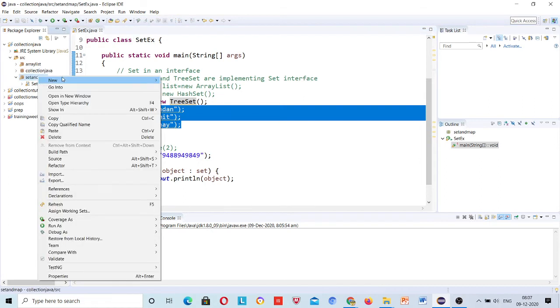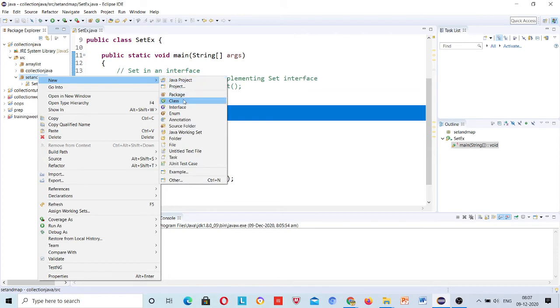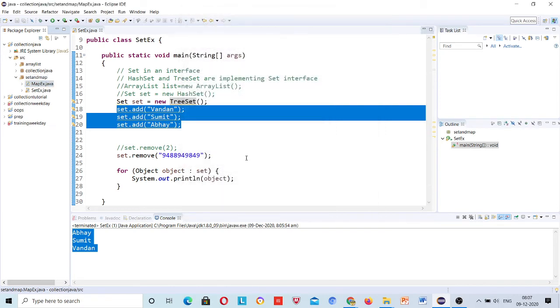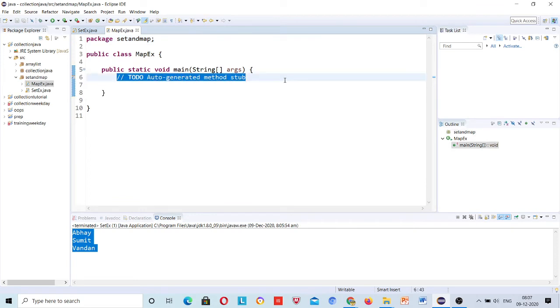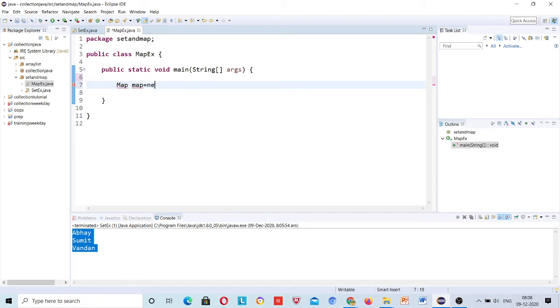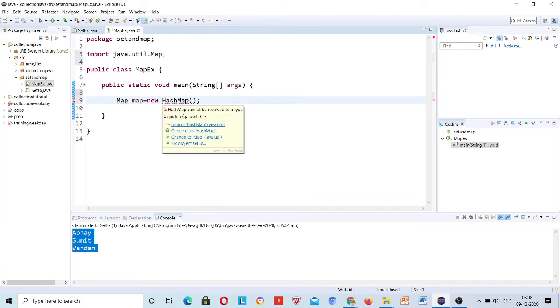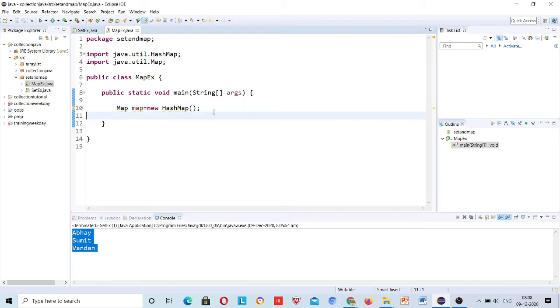And let me go to the map. See, map also is an interface. So list, set, and map are the interfaces.